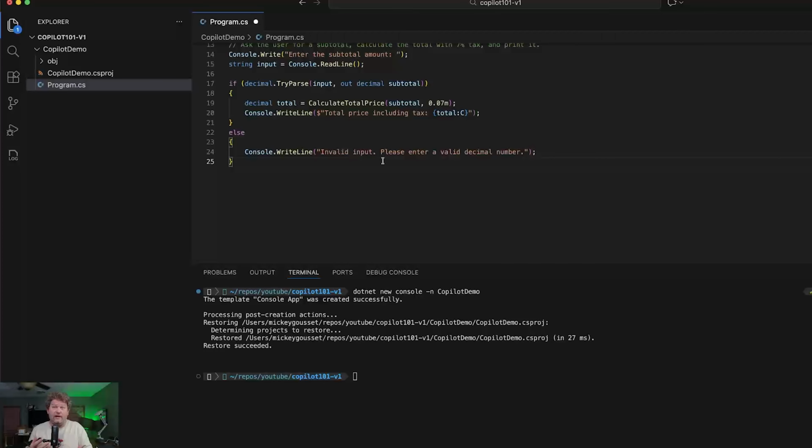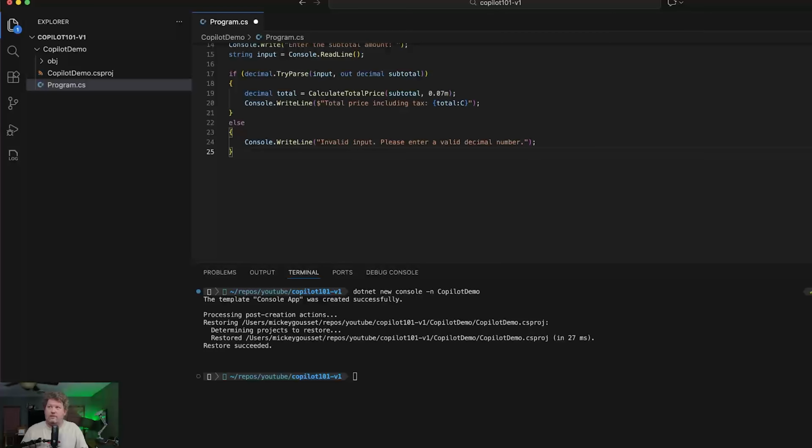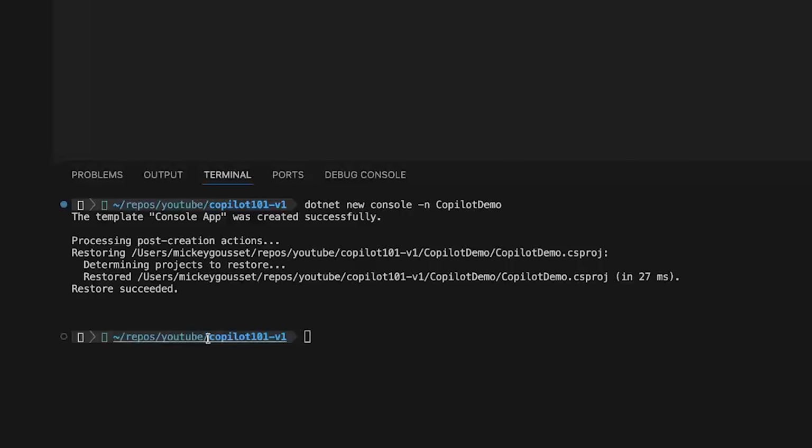Copilot's going to try to meet your standards based off of other code that you may have in your application. Make sure it's following your security guidelines. Ask it questions. If you're not sure it's created the right thing, you can ask it questions to have it create more for you. And finally, if we want to see this thing run, we can simply